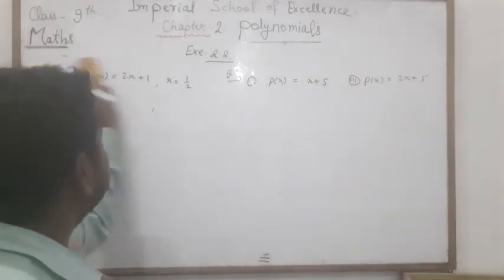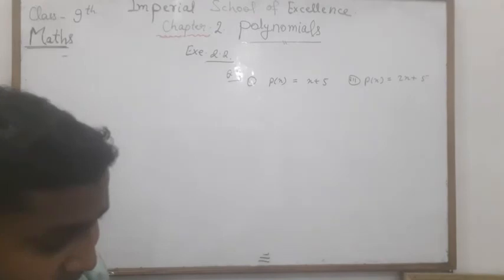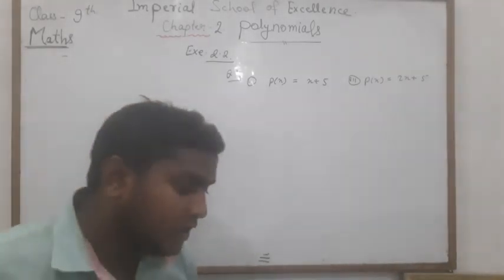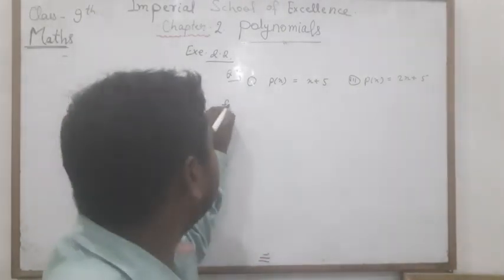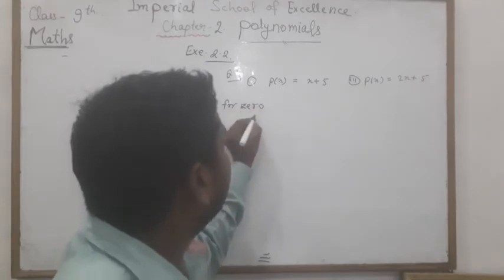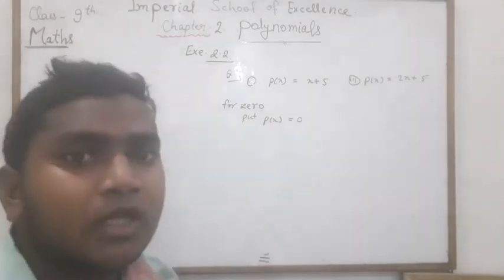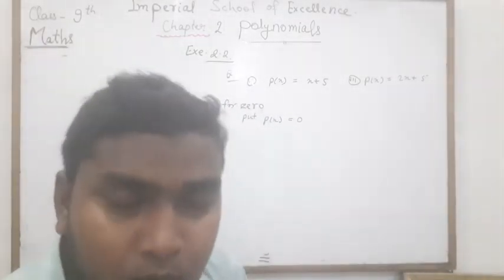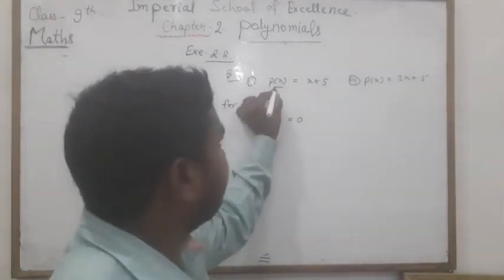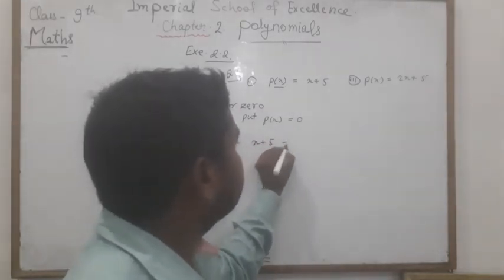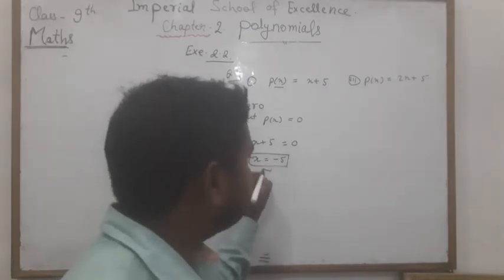so this question number 1 says that p(x) is equal to x plus 5. find the zero of polynomial in each of the following cases. so we have to find the zero. see this, for 0 put p(x) is equal to 0 and solve. मतलब जब 0 फाइंड करना है तो पॉलिनॉमियल इक्वल टू 0 रख दीजिए एंड उसको सॉल्व करिए फॉर x. तो सी दिस पॉलिनॉमियल p(x) इज इक्वल टू क्या, x plus 5, दिस इज इक्वल टू 0. तो x इक्वल टू क्या हो जाएगा, -5, एंड दिस x इक्वल टू -5 इज अ 0.